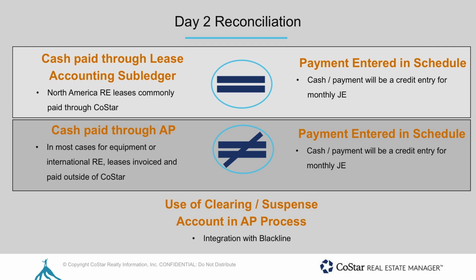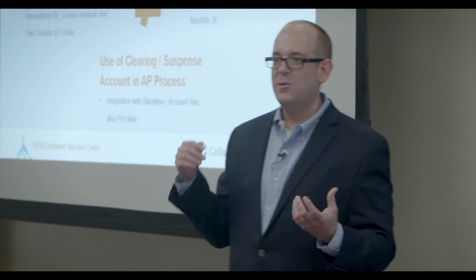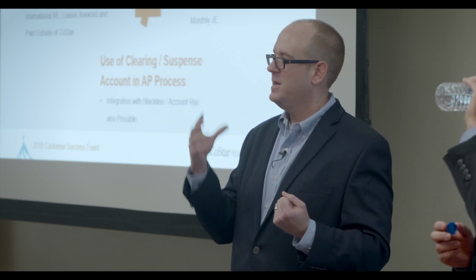But basically, there's two sides of this process, as Mark talked about. There's the AP side, or the payment of rent, and then there's the lease accounting side. In CoStar, you'll see that reflected in the lease abstract, which drives the actual payments if you integrate. And then what you're left with there is a credit that goes somewhere, ultimately credit cash and debit something. If you were on the cash basis of accounting, you would just debit expense, okay? So you're sitting there with a debit.